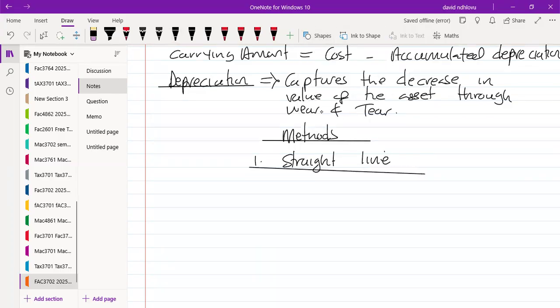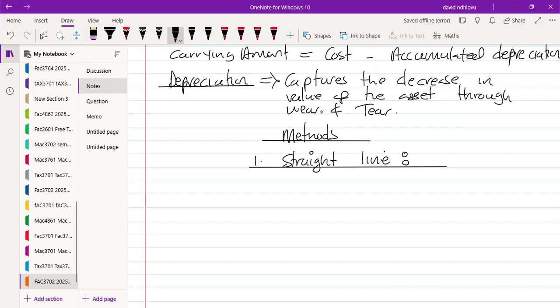At this level, they are not really going to be very strict in terms of how you calculate the straight line method. You are assumed to already have this knowledge from the prior modules, from 1501, 1601, and 2601. So you don't get a lot of questions on the calculation of the straight line method, but